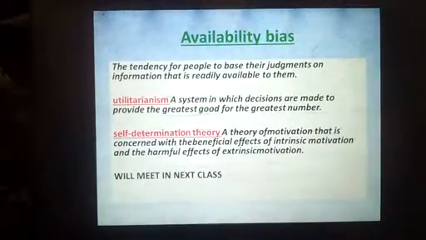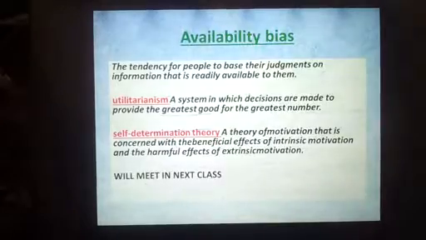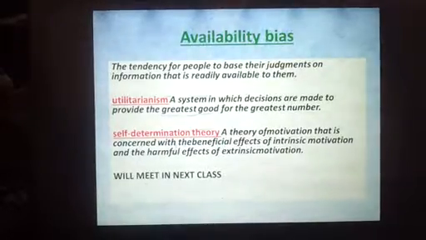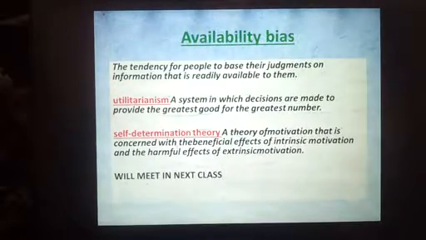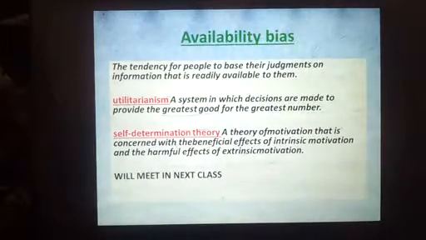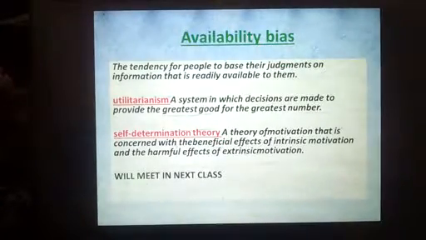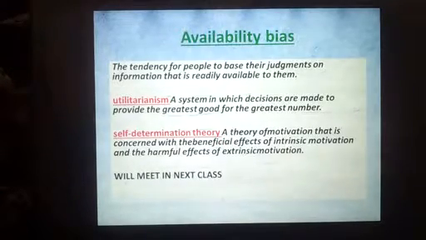Then we have the last topic for the day, which is availability bias. What is availability bias? The tendency for people to base their judgments on information that is readily available to them. This is an important one. You can note it down. Tendency for people to base their judgments on information that is readily available to them. Then you have